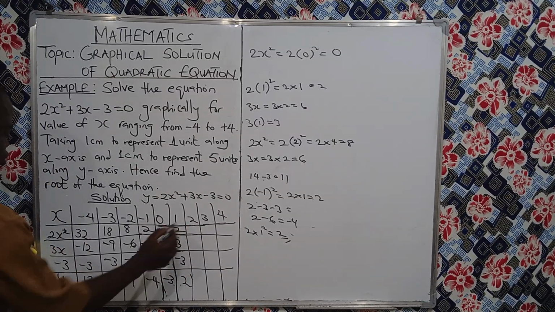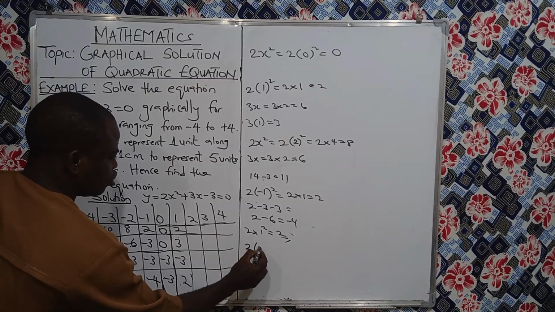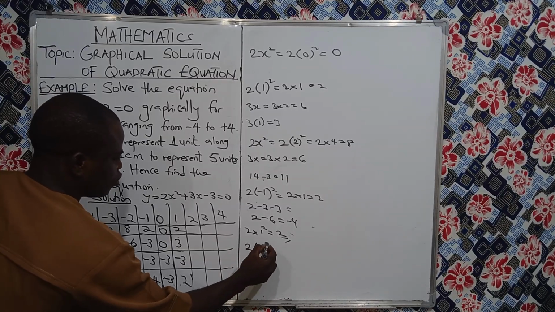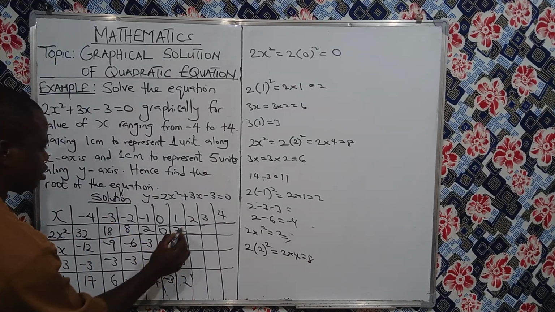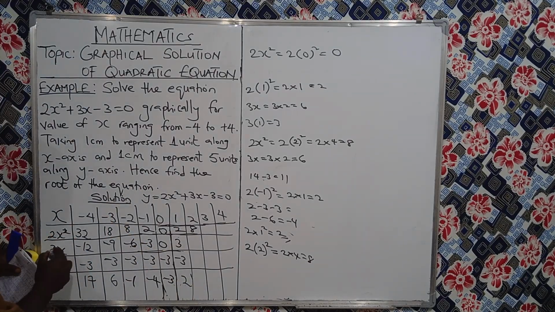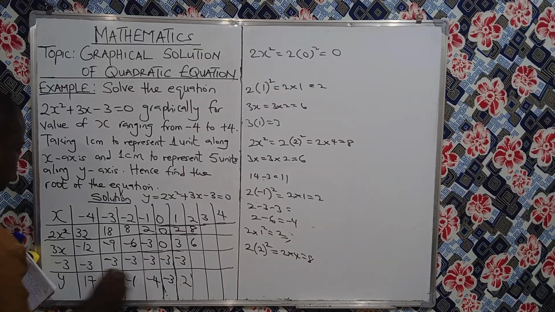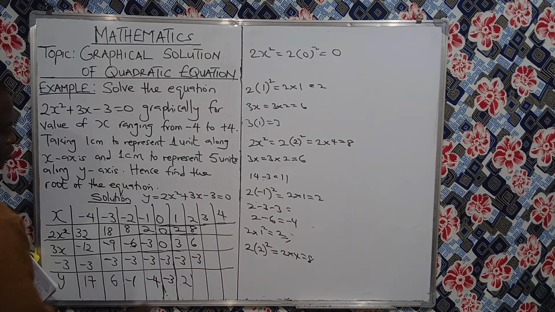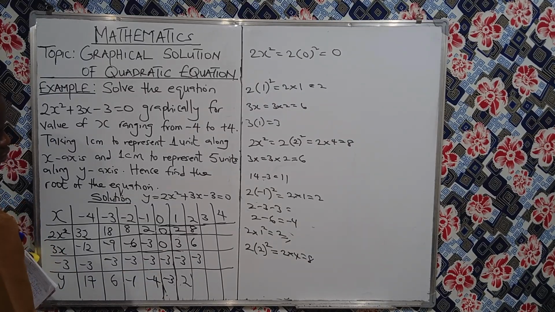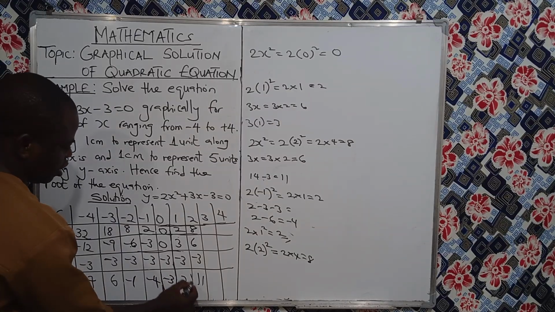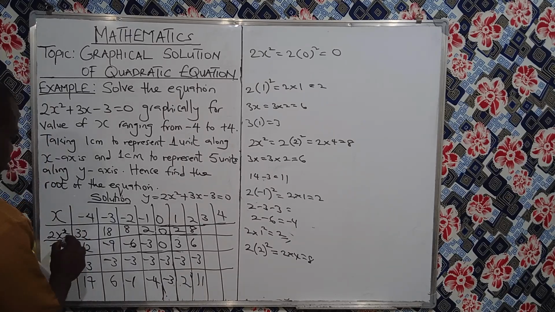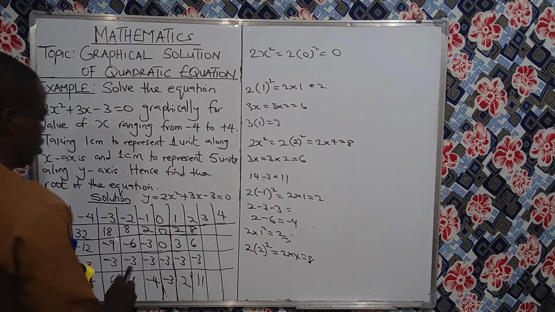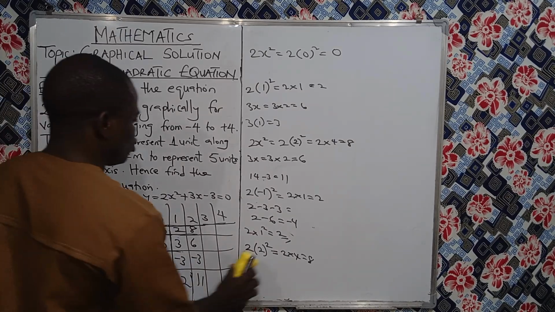Now when x is 2, we have 2 multiplied by 2 squared, which is 2 times 4, which is 8. We're having 8 here. 3 times 2, that's 6. Having minus 3. 8 plus 6, that's 14. 14 minus 3, 11. Now, having the next one,